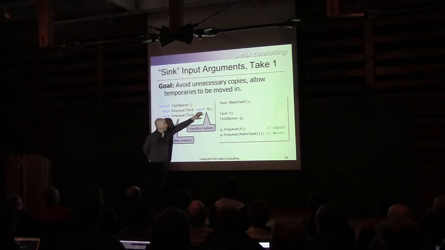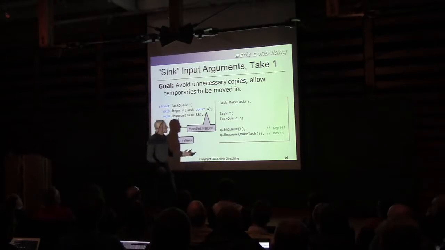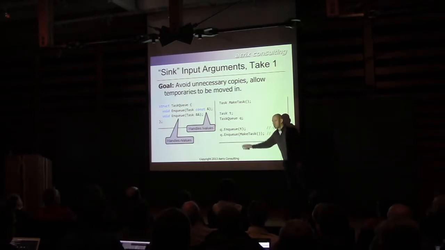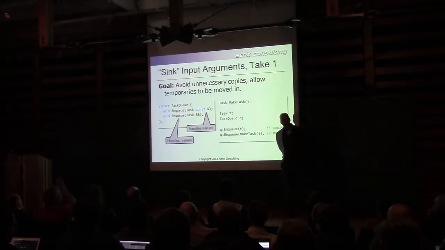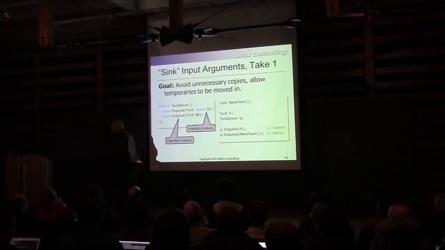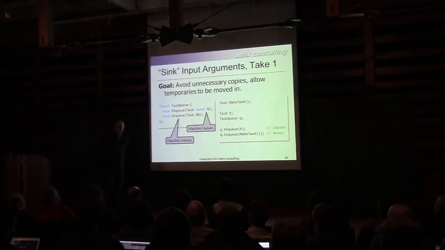Okay, I've got an L value task and an R value task, okay? And if we've got this code over here, we've got a function that makes tasks and a task queue. This would call the copy and copy it in, and this would move it in. Okay. Well, this is pretty great, right? I mean, we don't pay for any unnecessary copies, and we're moving stuff in, and that's supposedly pretty cheap, so that's pretty exciting. Marshall? Yeah, there's one important difference here in these two cases